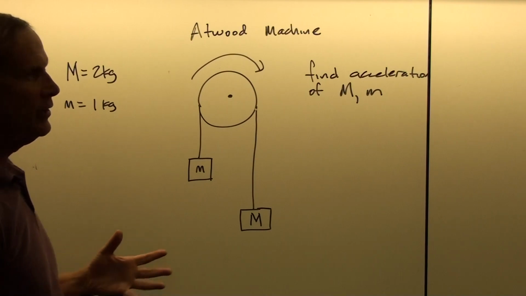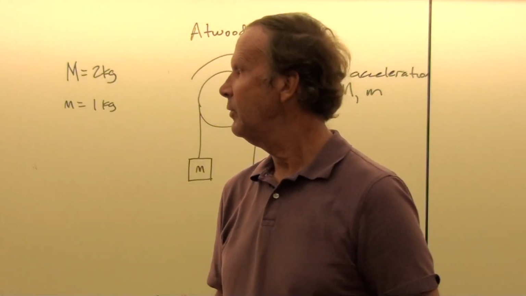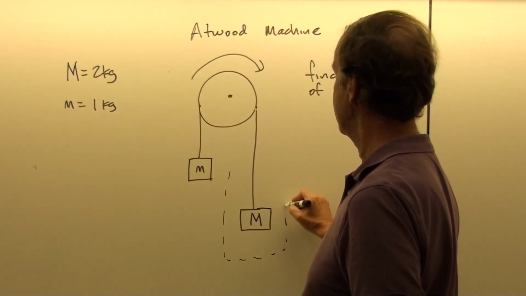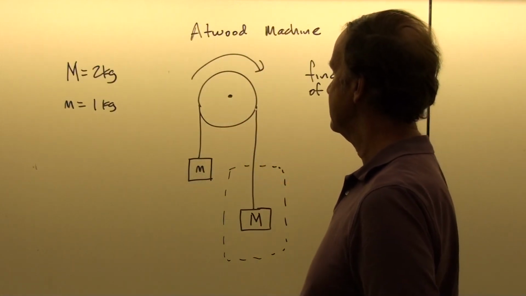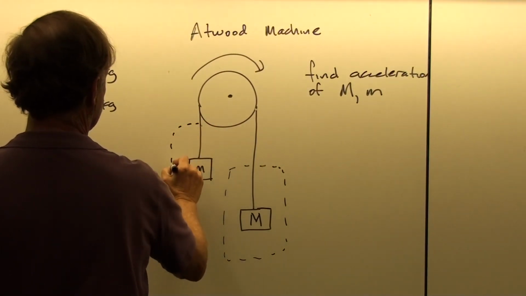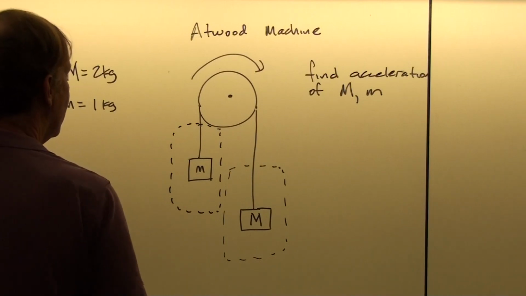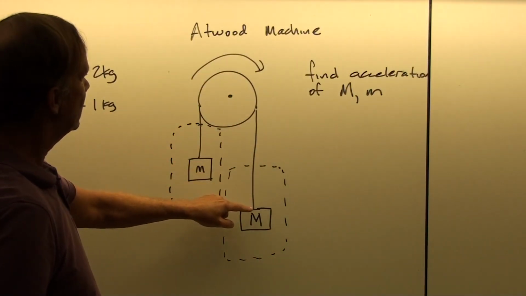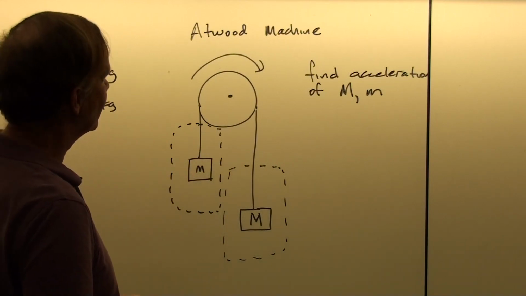Well, in much the same way we did that other two-body problem that we looked at recently, we'll identify the forces acting on each mass. But in this case, it's a cord that is connecting the masses together. So that's our direct contact force, this cord. And that cord, because of Newton's third law, is going to have the same tension here as it does here, unless the cord has mass.